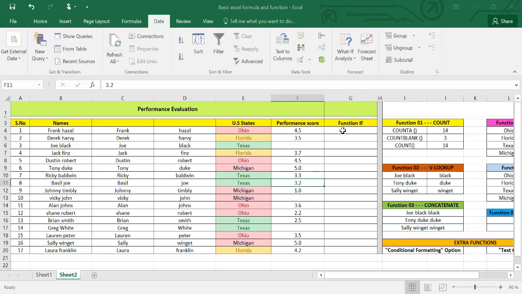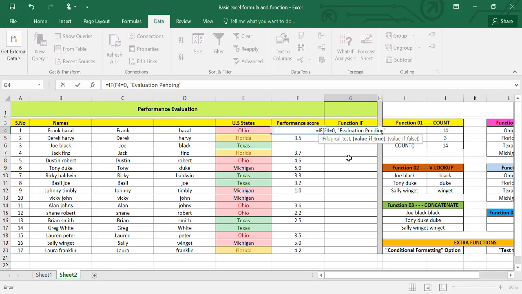So let's put in the formula: equals IF, clicking on here, logical test, that if it's 0 or null, selecting it is equal to 0. If it is 0, then a value will be added. What value? Let's say evaluation pending,